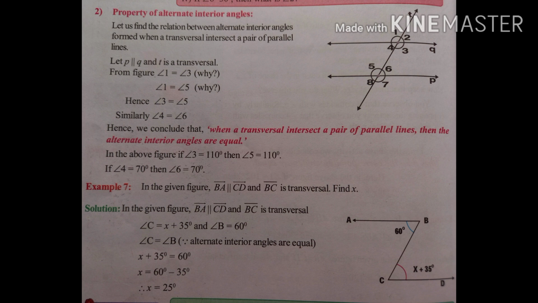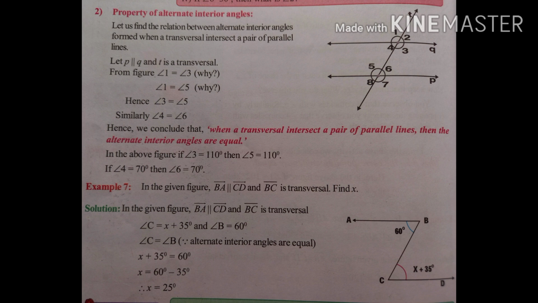Angle 1 is equal to angle 3. Why? Because these are vertically opposite angles. Again, angle 1 and angle 5 are also equal. Why? Because these are corresponding angles. That means angle 1 is equal to angle 3 and angle 1 is equal to angle 5. So, angle 3 is equal to angle 5. Angle 3 is equal to angle 5 means these are